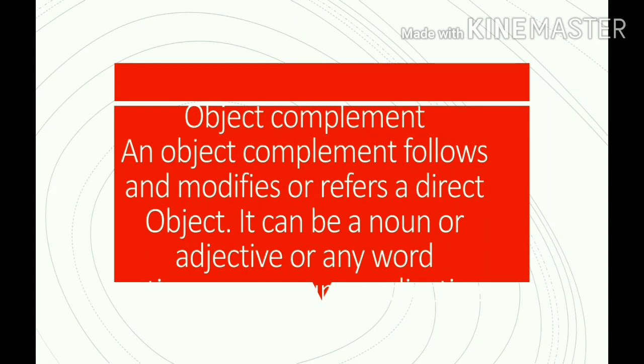Your third chapter of grammar is object complement. An object complement follows and modifies or refers to a direct object. It can be a noun or adjective or any word. So here, with the help of this definition, we are understanding that an object complement follows or modifies or refers